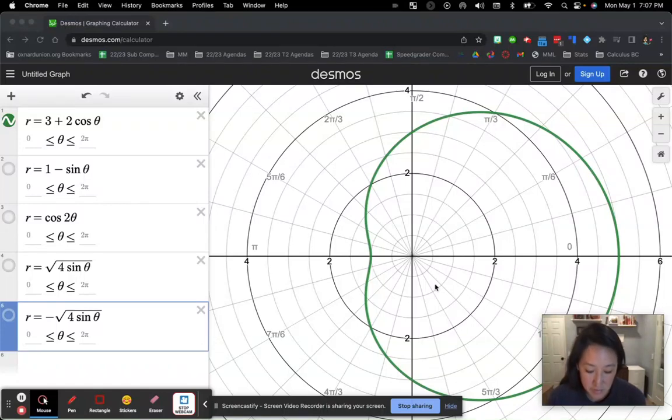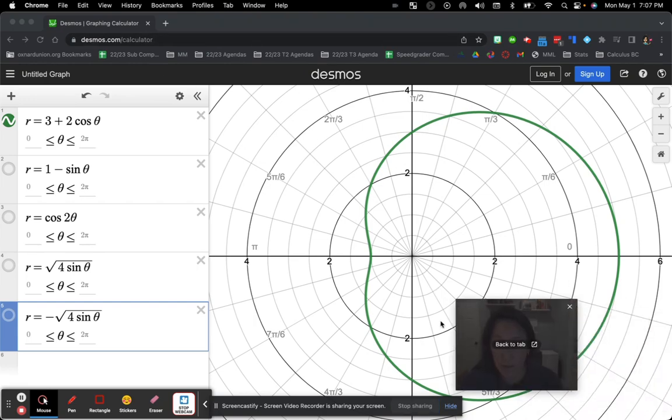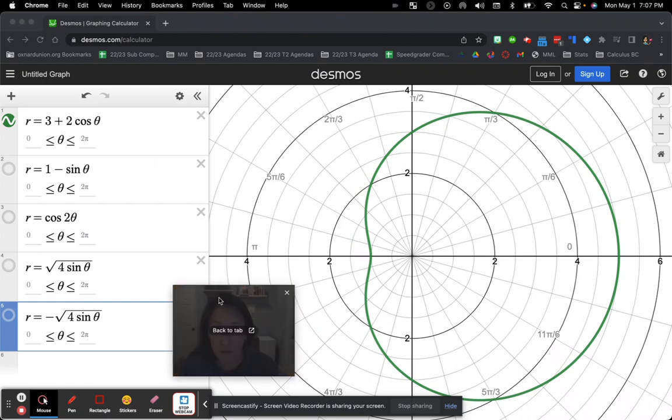Hi, so we're going to test for polar equation symmetry today. First off, this is our first graph that we are testing. We have r is equal to 3 plus 2 cosine theta, and we want to see if the graph is symmetrical around the pole, so equidistant from the pole, so if a point out here and a point out here are the same distance away from the middle, or if the graph is symmetrical about the line